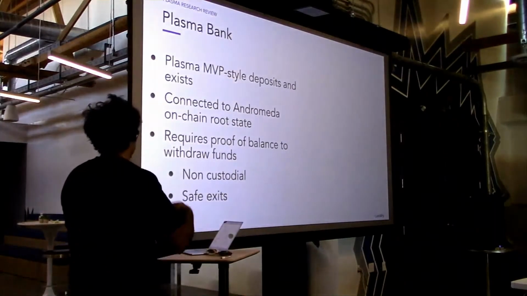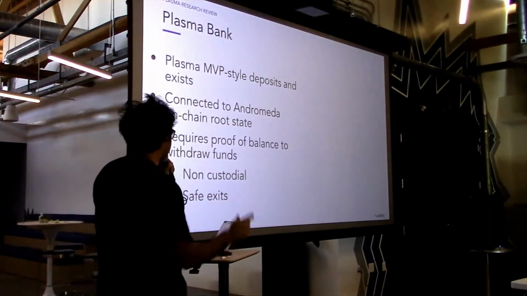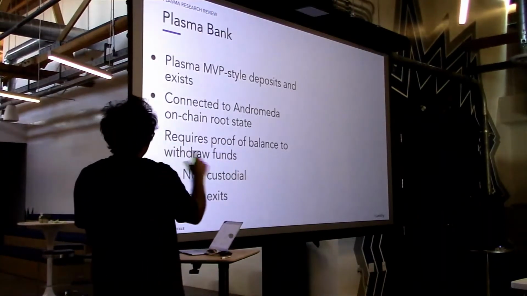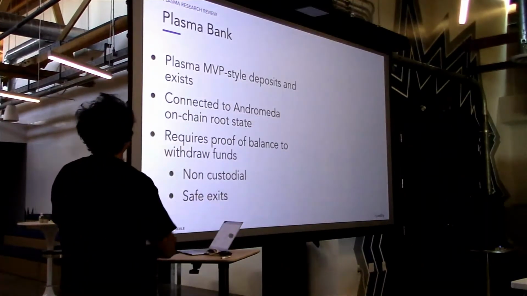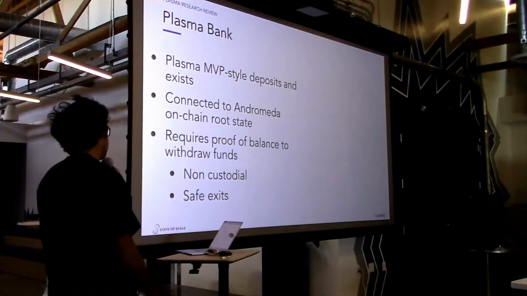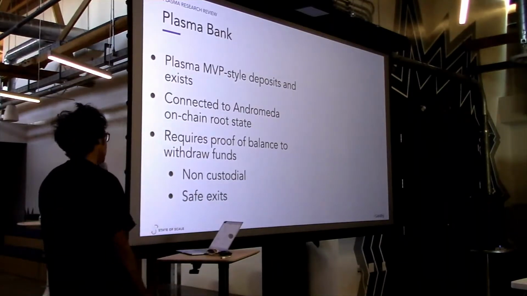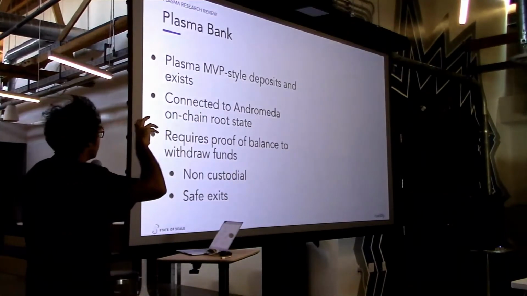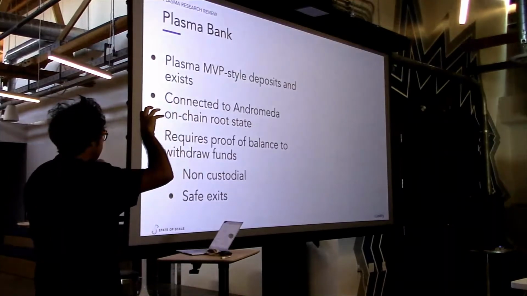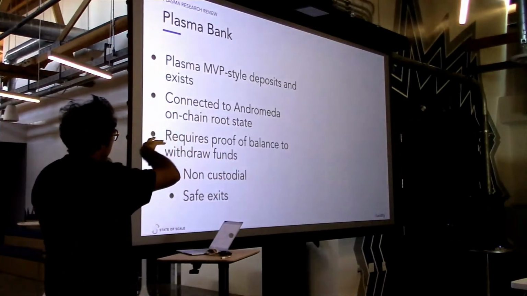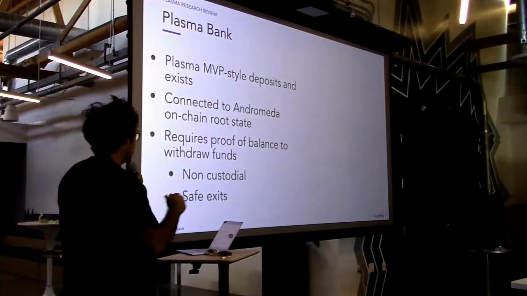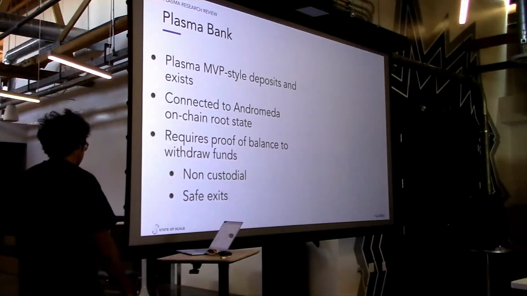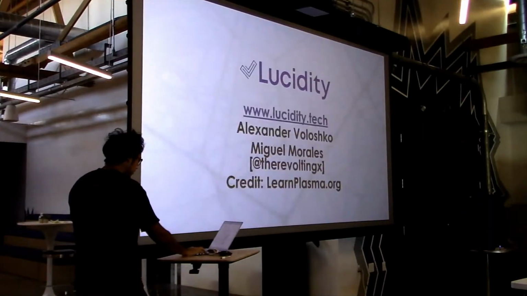And you basically require a proof of the balance. So you say, hey, this is my private key, obviously using MetaMask, and then you say this is the Merkle proof that I own this balance based on the latest valid state. And then there's a challenge period. Basically it's non-custodial, so even though you're trusting the proof of stake sidechain, if you signal that the sidechain is producing invalid blocks, you can exit your funds and the sidechain can exit. So very much like Plasma MVP, which is why I mentioned that at the beginning.